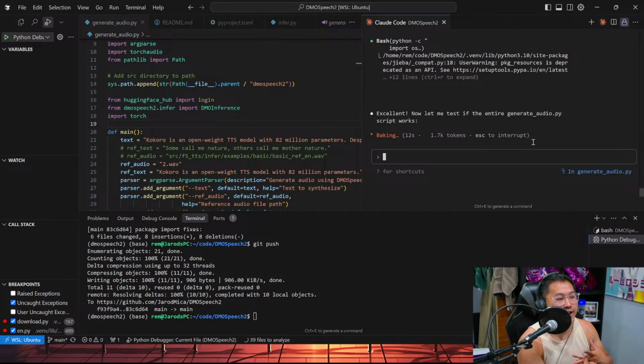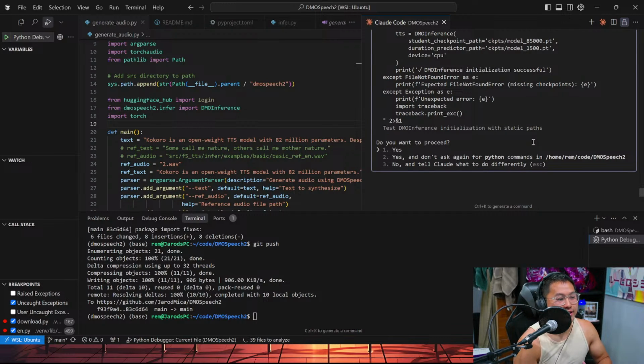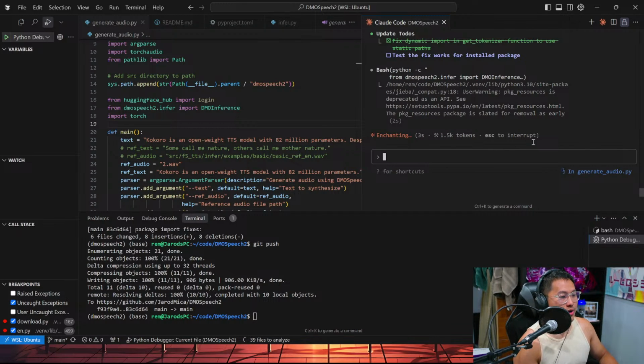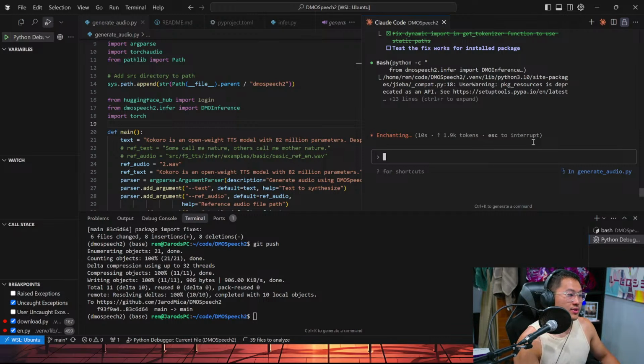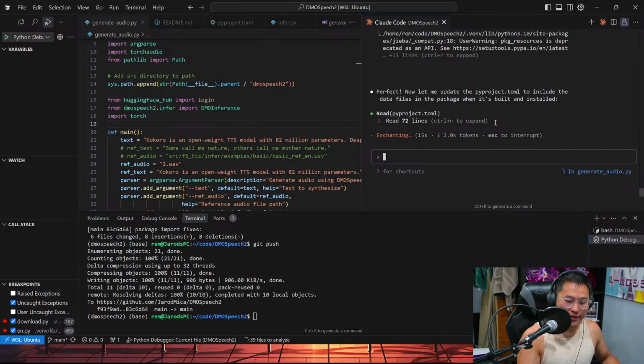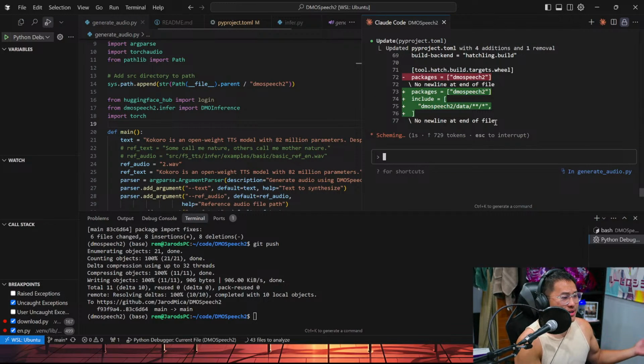The DMO Speech 2 training code hasn't yet been released, so we can't really train the DMO Speech audio yet. Model can refer to a lot of things here. If you're talking about the Neurosama brain, we are probably gonna go with just a prompt in the beginning to give it a personality, and then maybe we'll do a little bit of fine-tuning in case we need a better personality.